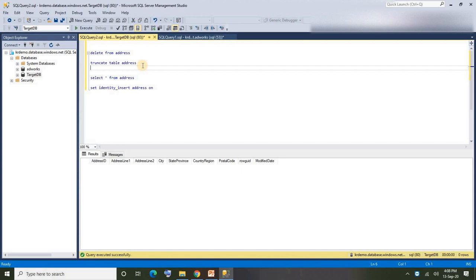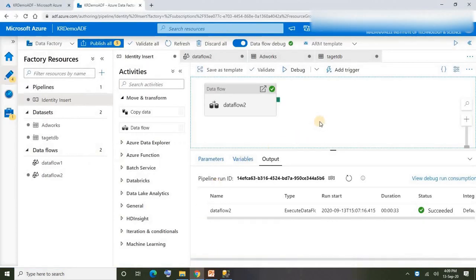So after truncate, it will start again with number 1, then increment by whatever specification we gave. But of course, once we have deleted, if you want to start again from the initial value, there is an option to reseed. Of course we can do that as well. Just for your understanding, just pointing out the difference between delete and truncate. Alright, fine, let's go back to our pipeline.